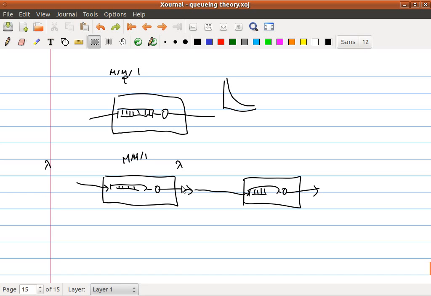Of course, the first queue will be M/M/1. It doesn't affect whether it is M/M/1 or not if we cascade something afterward. But the second queue here will no longer be M/M/1,